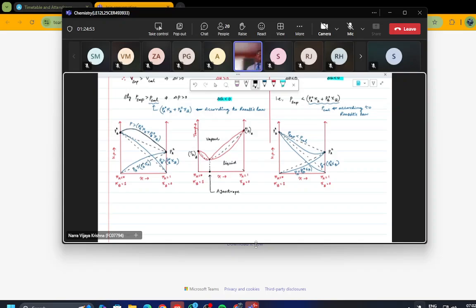Why I call it constant boiling means what is its composition in liquid phase and what is its composition in vapor phase. Observe that point. Both liquid and vapor phase compositions became the same. That's why it is called constant boiling liquid. That is called azeotrope, also called constant boiling liquid. Any questions, sir? In the same way,